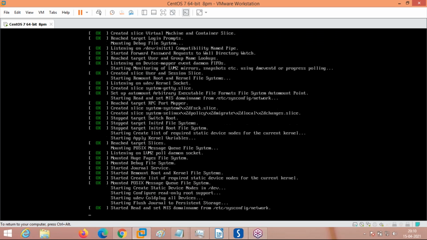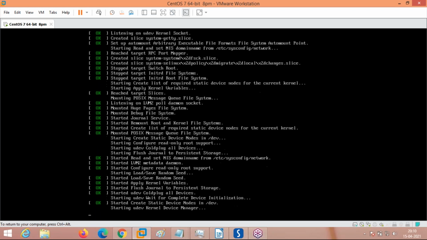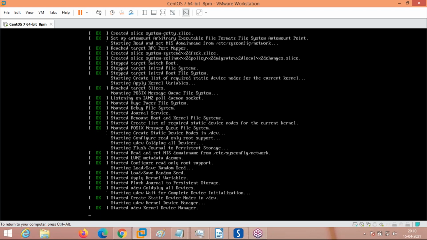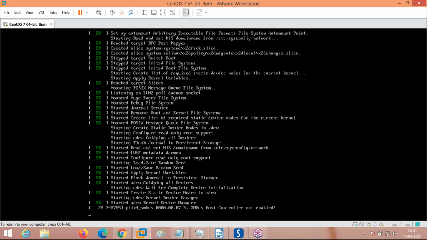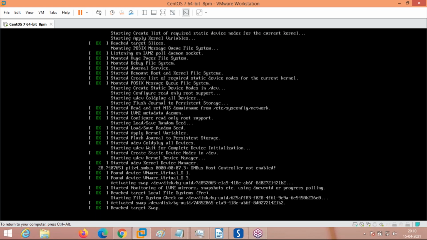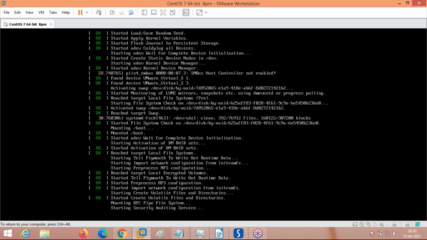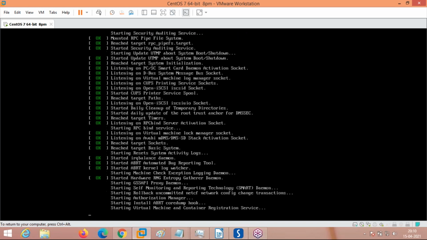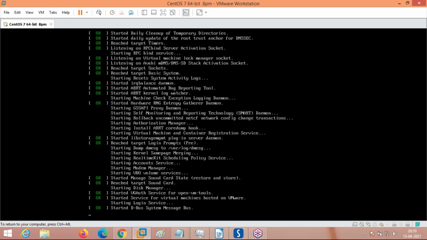See, now the background services are being started. Yesterday we installed 2060 packages. Remember, while installing the operating system, these are the different services which have been installed from those packages. During installation of the operating system, we selected the Server with GUI option. So when you install those packages, these are the default services coming. They are all saying okay, started, okay, started. These are the different services required for our operating system to perform.